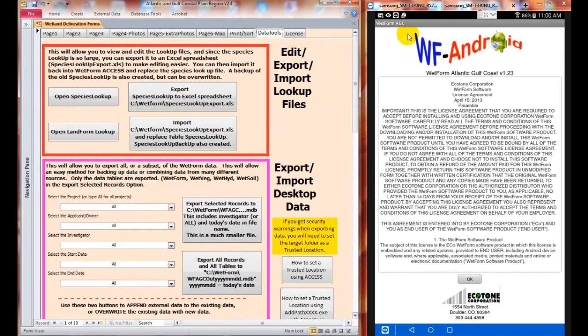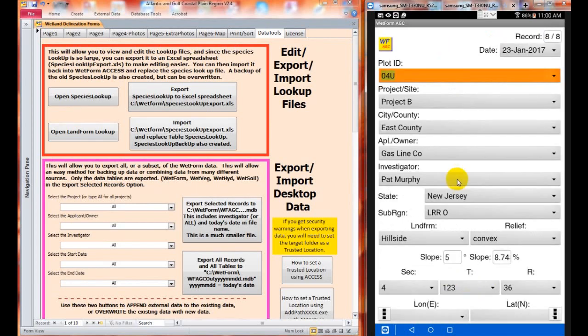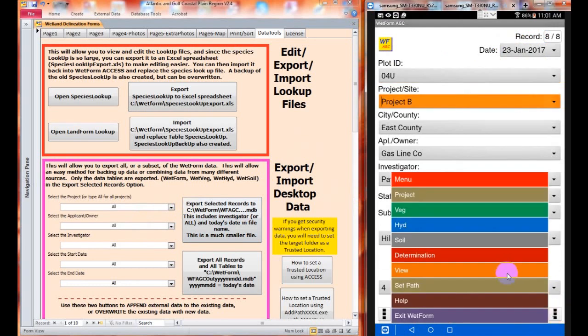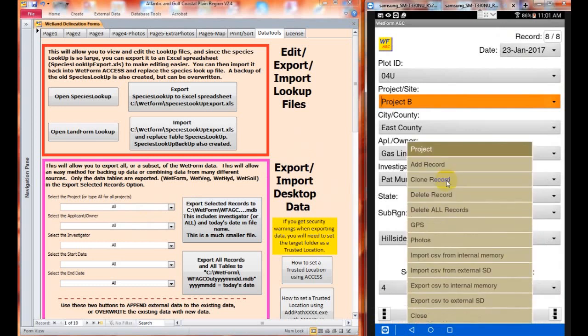Now what I have over here on the right is what the screen looks like on a tablet. And I've already imported the data that was exported from here over to the Android device, so you can kind of see how it works. We have down here on the left and right, we have these pop-up menus, and we have project. That'll let you add a record, clone a record, or delete a record, or delete all records, just like on the